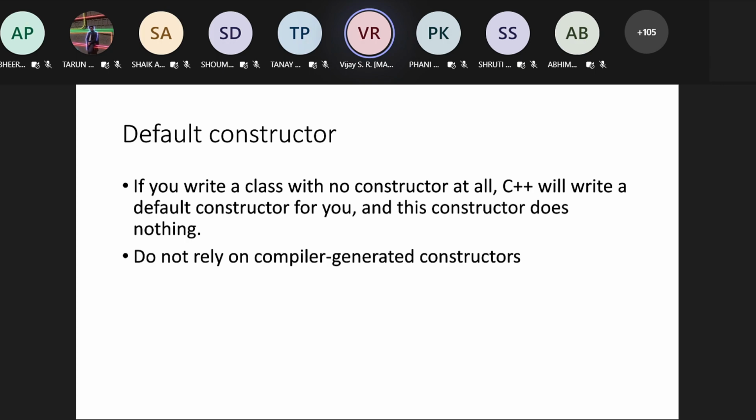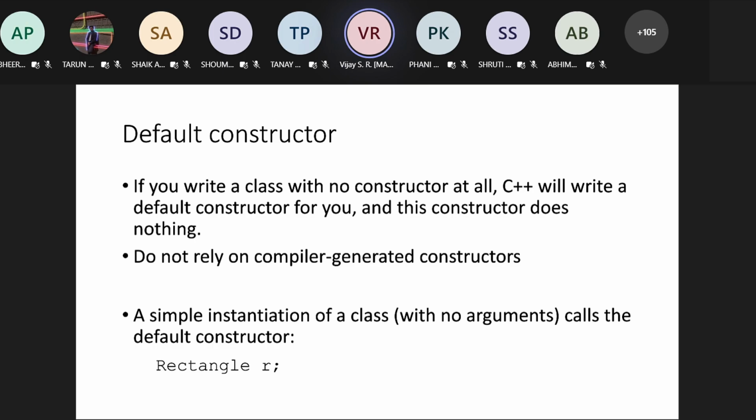This is what I'm telling you regarding your mini project. You might have already defined some classes. So make sure that you have constructors and destructors, and also see to it that you do some dynamic memory allocation. Whatever topics we have discussed till now, constructors, destructors, copy constructors maybe, and many such things, all that should be used in your mini project.